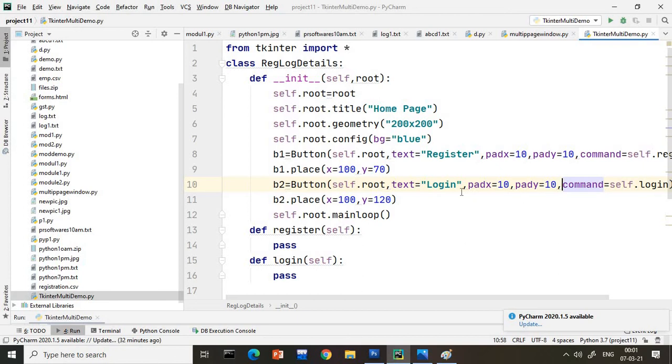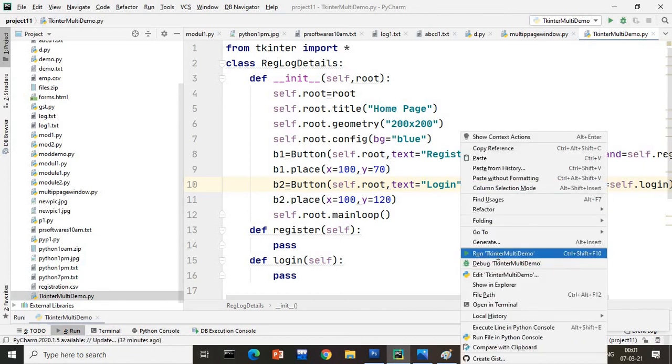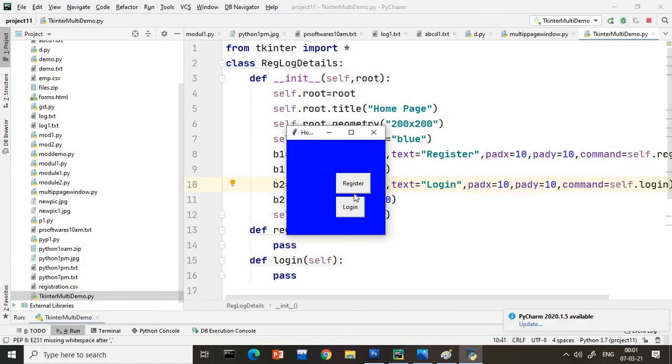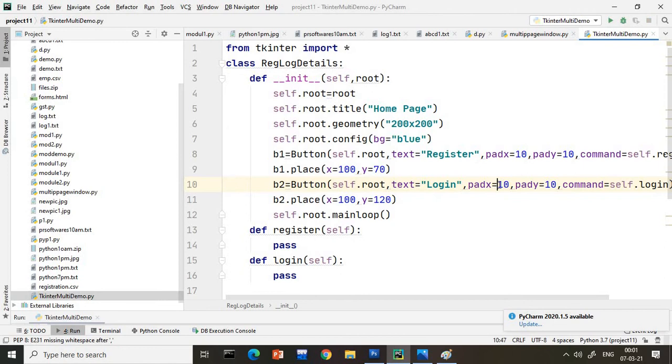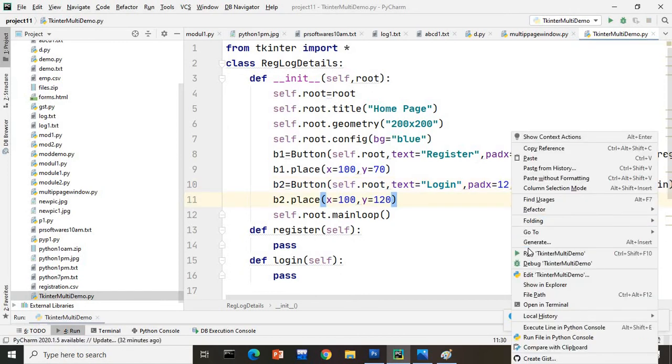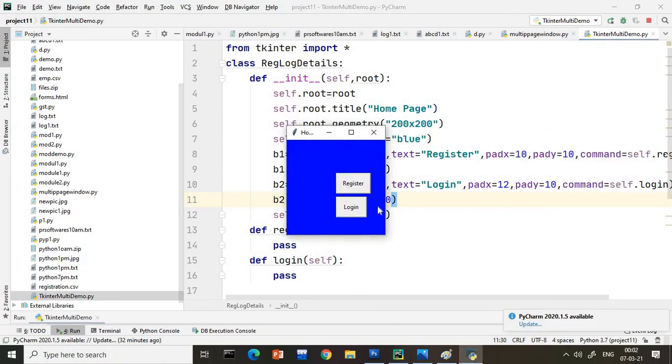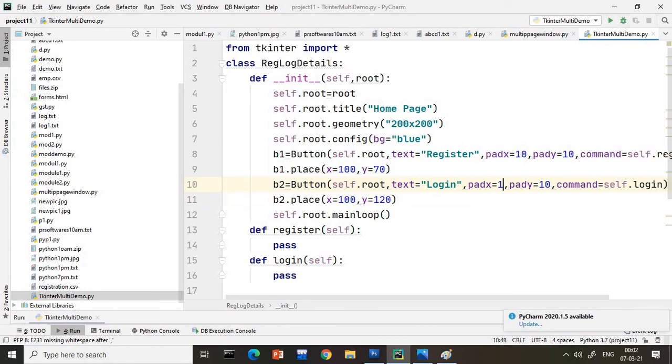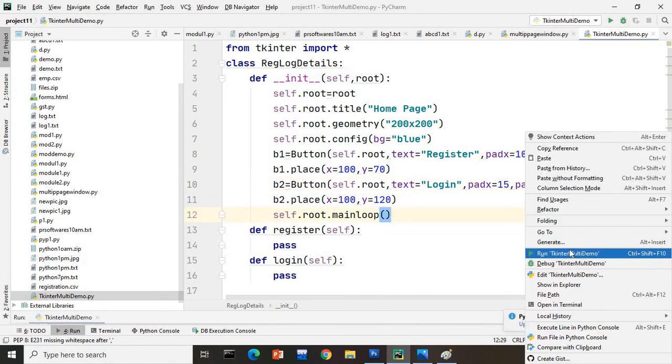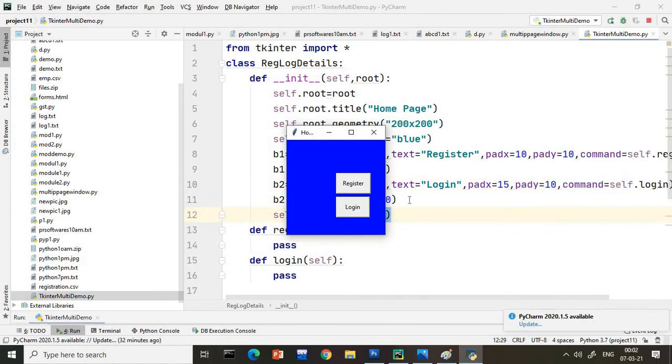So I'm just giving the extra code for them. You can add the button, like if you want little bigger buttons or something. Let us say you want to make it more on the x-axis here, because this has a little less text, so you can make that also, so that this button size increases. You want to make it more proper, let us say I think 15 will give the balance on both sides. Like this, you can give more look and feel, guys, as per your requirement.